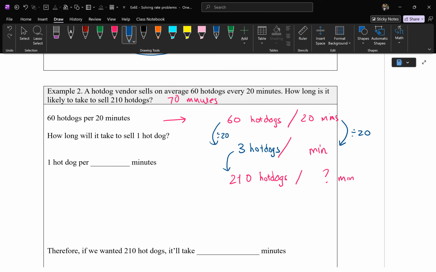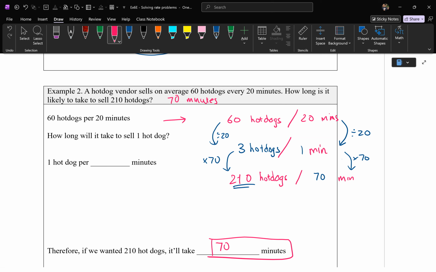70, and that's where what Harrison had said before was correct. We know that 3 times 70 does give you 210, which works out nicely that 1 times 70 does give you the answer of 70 minutes is how long it will take to sell 210 hot dogs. Again, assuming that there's no downtime in the sales, that it's always consistently the same rate, that's always going to be 3 hot dogs per minute. Okay? So in this case, yes, the answer is true. It is 70 minutes,